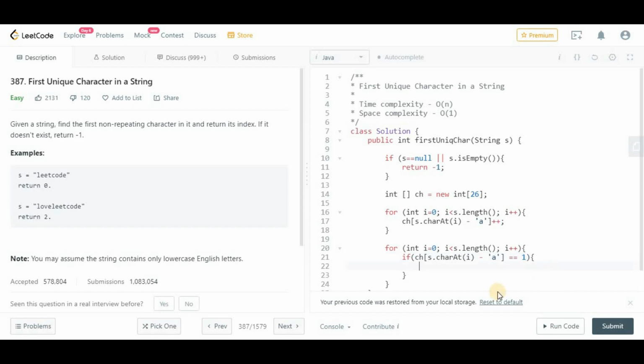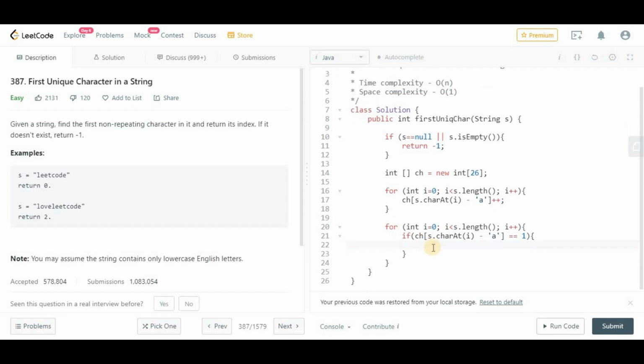Because that will ensure it is a non-repeating character, and as we are traversing from left to right, it will be the first character. So we have to return its index, right? So the index will be i only.